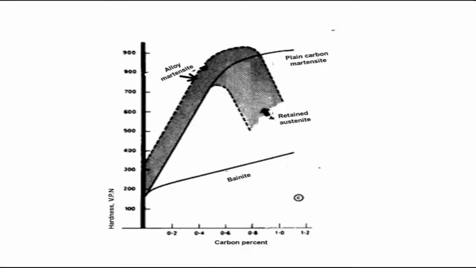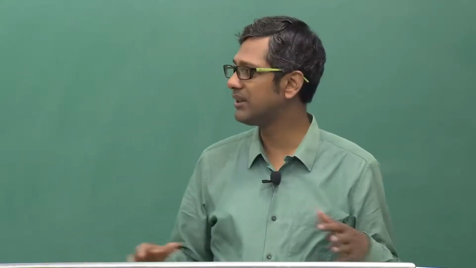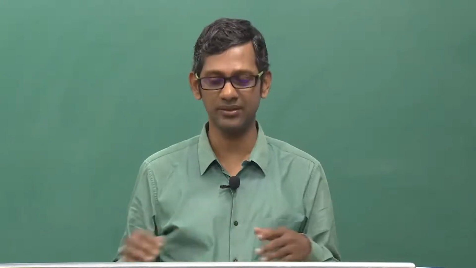Now, the reason it has a different hardness as a function of carbon concentration is because carbon is a species which gets shifted from one position to the other, from the FCC position to the edge positions in the BCC, in the BCT structure, and because it is going in that way, it is getting strained. That is why, depending on the carbon concentration present, there is an optimum value of the hardness. When it increases, the straining can no longer be done effectively, so the strain build-up is also low,